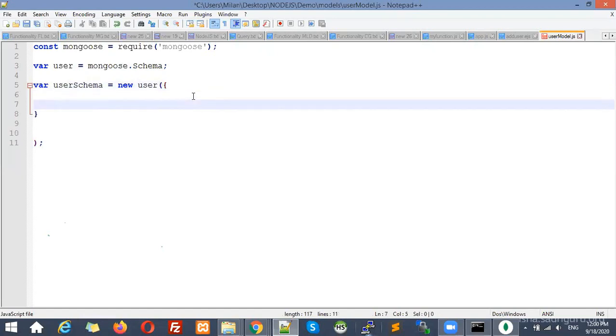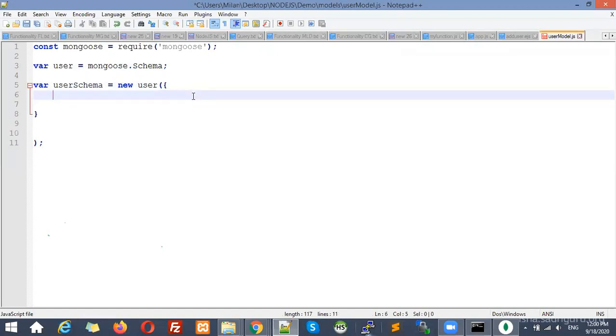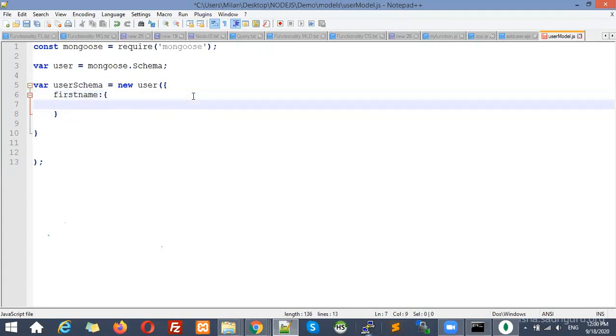You have to mention what fields you need in the table. For example, this is for the user table. So I'm going to mention the name of the field, for example the field name first name, and for that one I'm going to pass type.